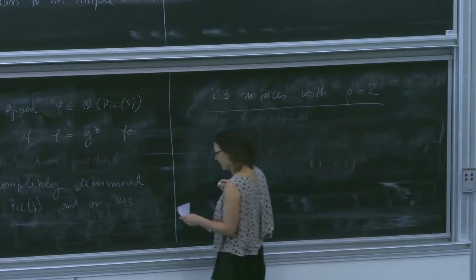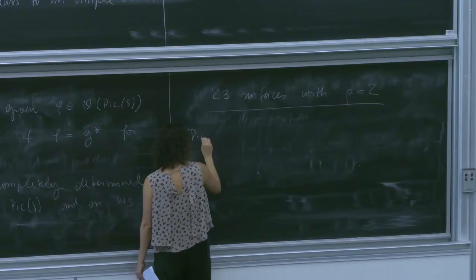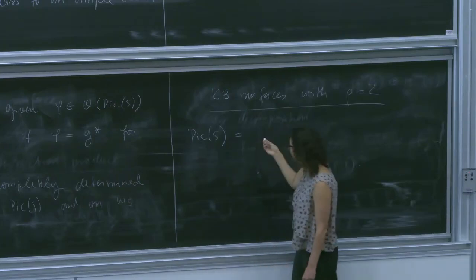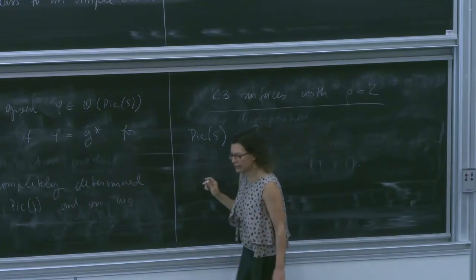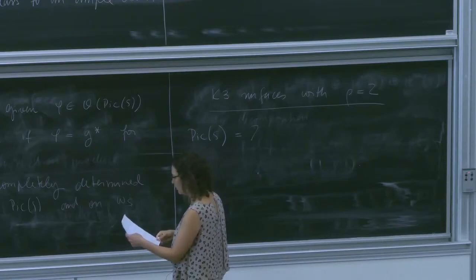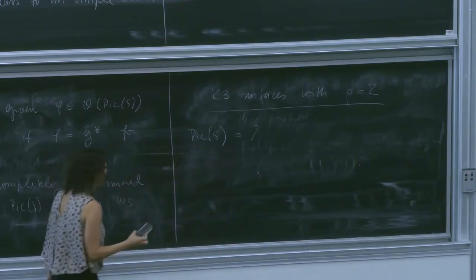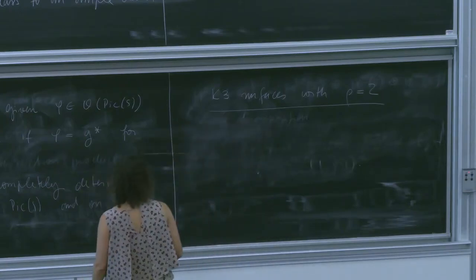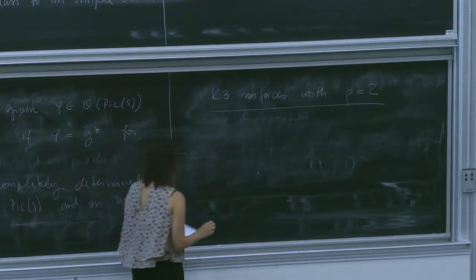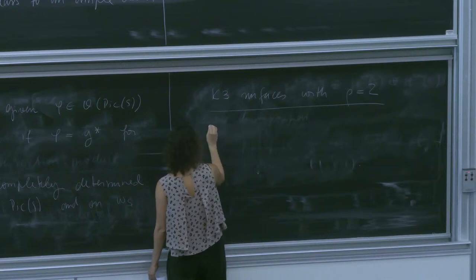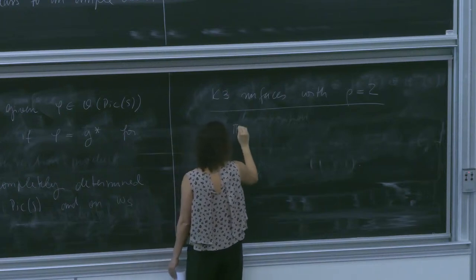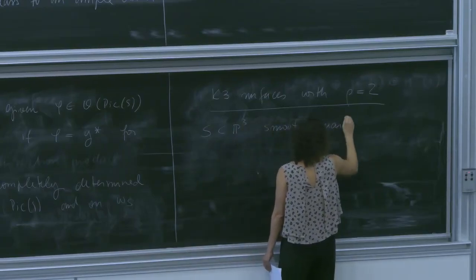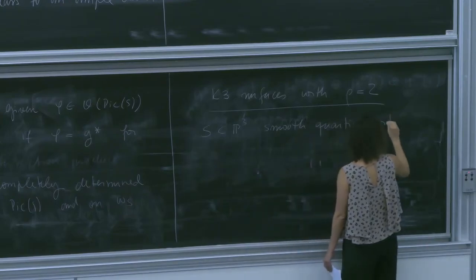So in this case, the Picard lattice of such a K3 surface has rank 2, so it is always generated. In fact, let me already look at quartics. I could do it more generally, but let me already restrict to quartics, which is what we want. So if I take S in P3, a smooth quartic with Picard rank 2,